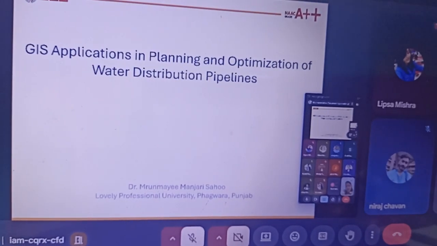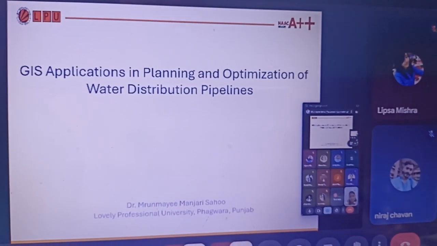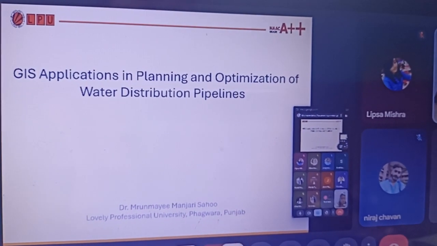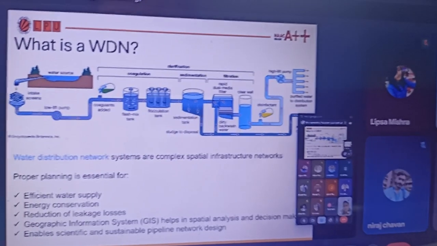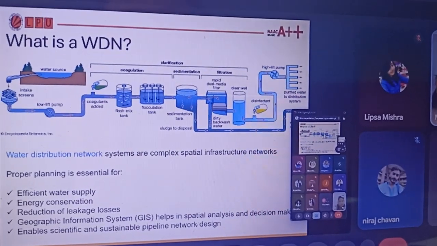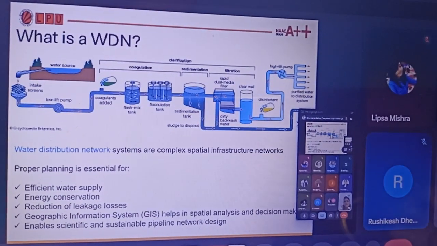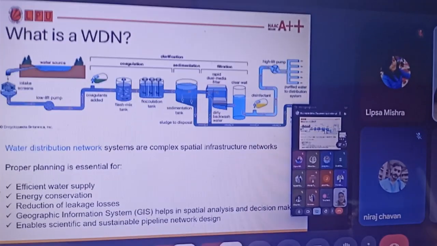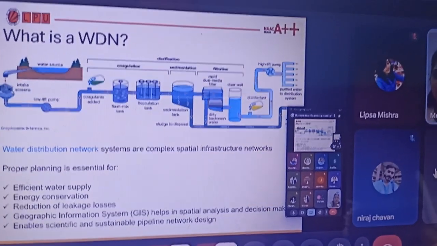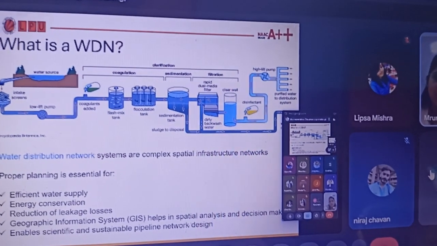Application of GIS. So the topic will be GIS applications in planning and optimization of water distribution pipelines. If specifically water resources students are not here, then it will be tough to understand what actually a water distribution network is. So I'll give you a brief overview of what a water distribution network is. Basically, this work will be focused on the water distribution network, meaning the supply of water which comes to you